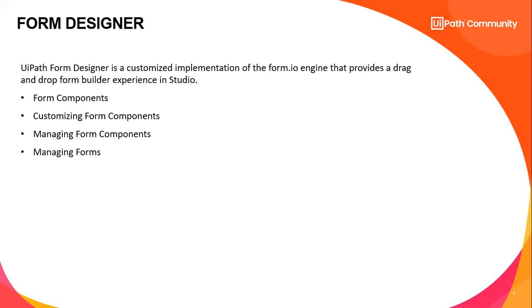So as an RPA developer, we use Form Designer to build form interfaces that are required in attended or unattended automation. So we create our own forms. We design using the components which are available. There will be a set of components to make a user display field or a text field that the user can enter, or approve or reject kind of radio buttons. So all those components will be available inside the Form Designer. So we can make use of those components and then we can create our own.